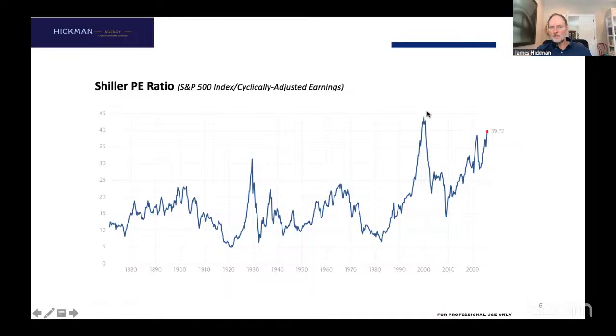There it is. That's what happened. NASDAQ dropped 75%. What do you think is going to happen here, guys? It's going to keep going? You need a 70% drop in the S&P 500, give or take, to get back onto the long-term historical average, around 17 times. It was around 13 and a half times for 100 years prior to 1980. We're at 40 times. Why? That's another whole rabbit hole we're not going to head down.